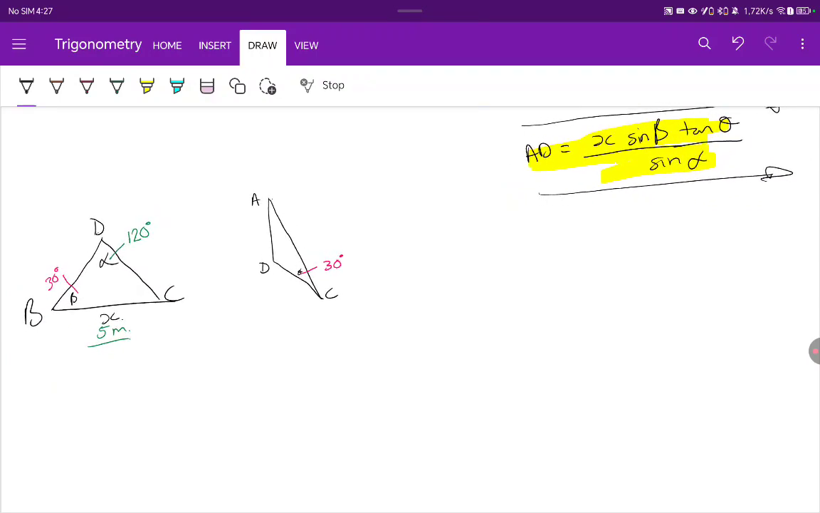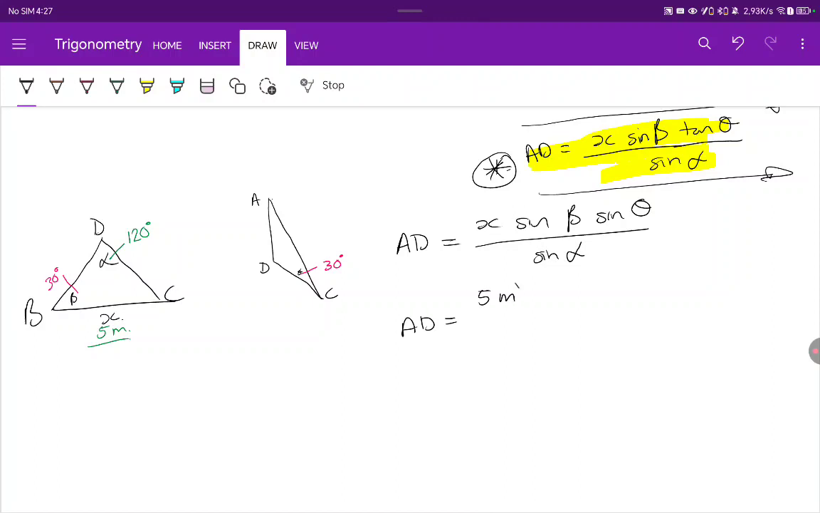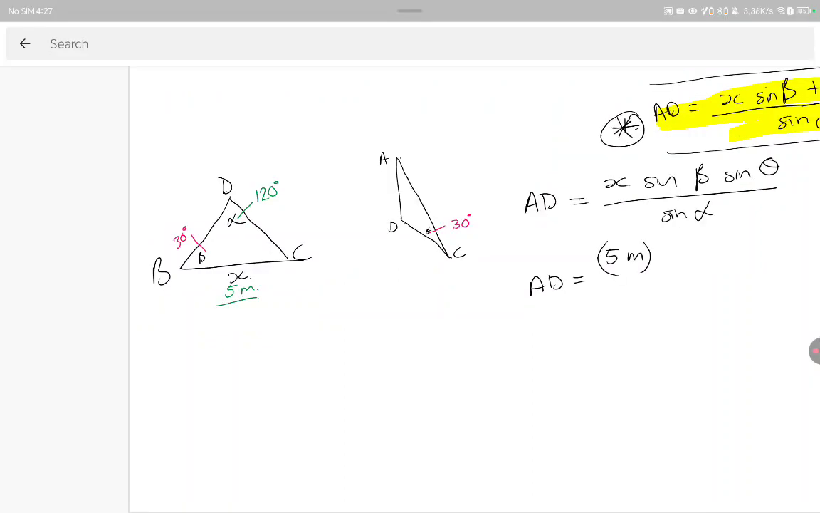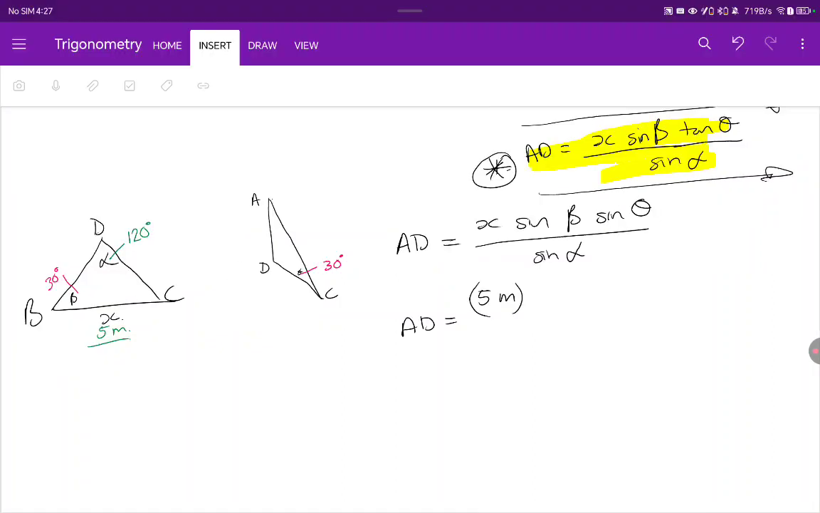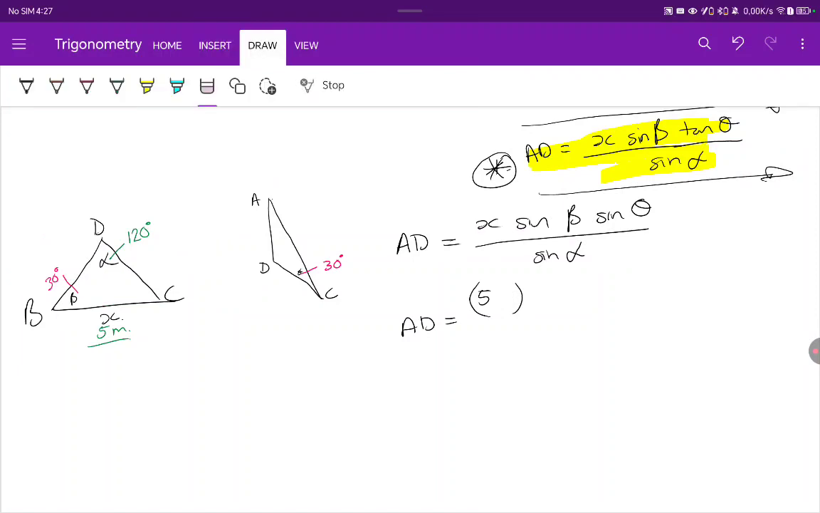So we're going to say, okay, according to the previous question, AD. Now please note that this statement is given in the question. So even if you could not prove it, you still use the statement. AD is equal to x sine beta tangent of theta divided by sine of alpha. And now we substitute values. AD is equal to x, which is 5 meters, multiplied by, or let me remove the meters, so just 5